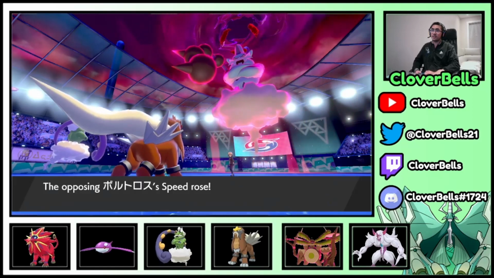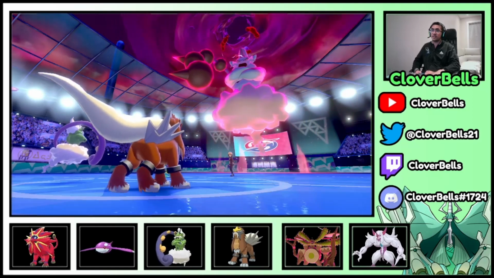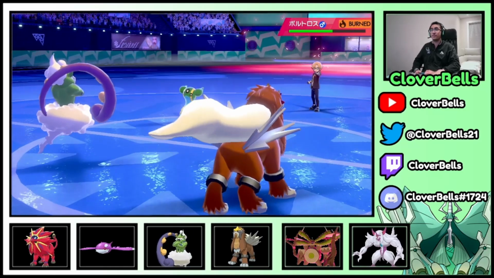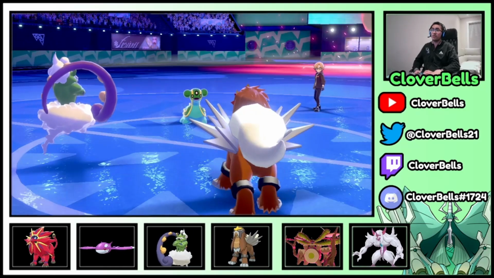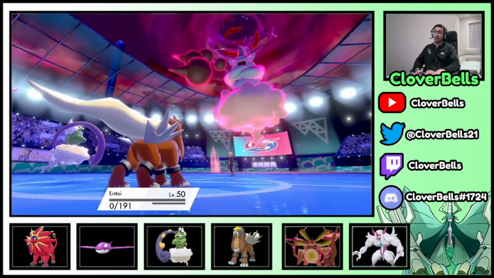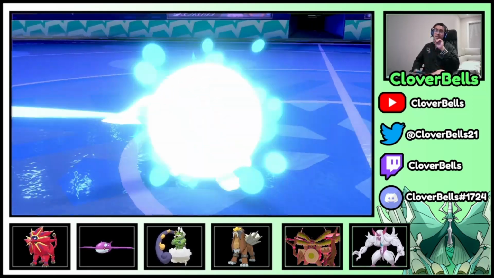Just because it's oppressive as it is. But Thundurus without a max is not going to be doing a lot of damage, and it is Life Orb Thundurus, by the way. And there's an Earth Power. Oh, he's going to get rid of the Entei here, I think. Does get rid of the Entei. Okay. So, that being said,